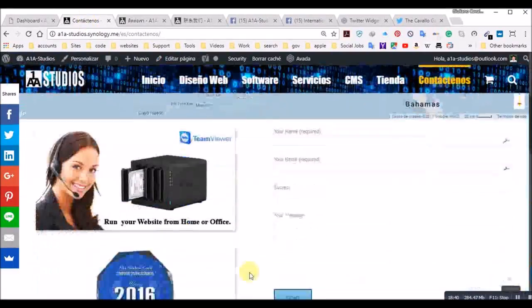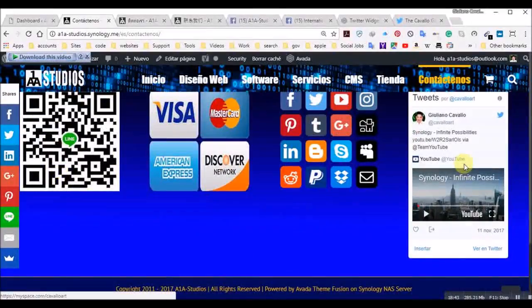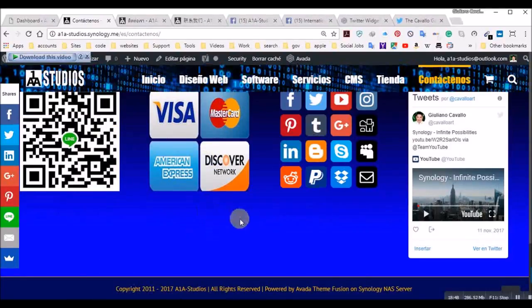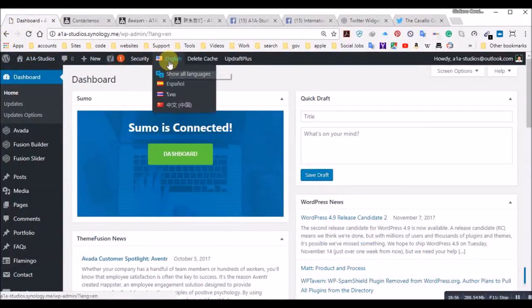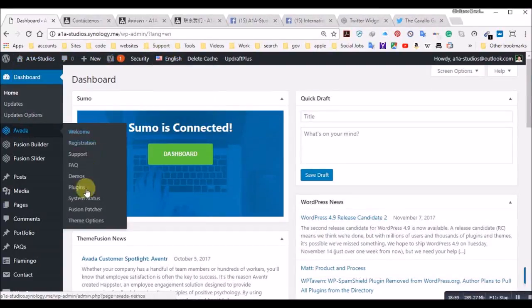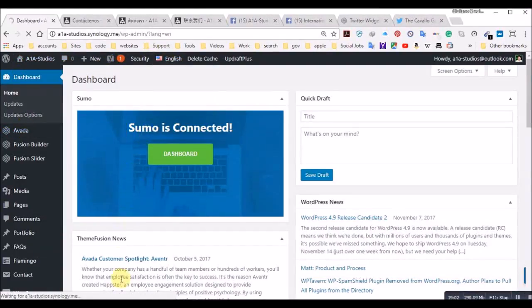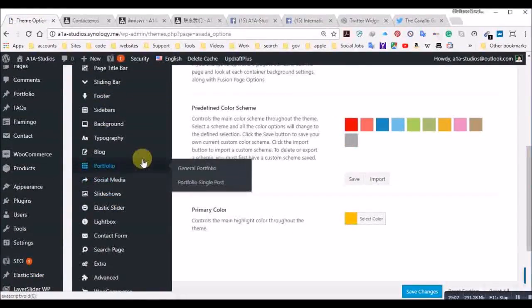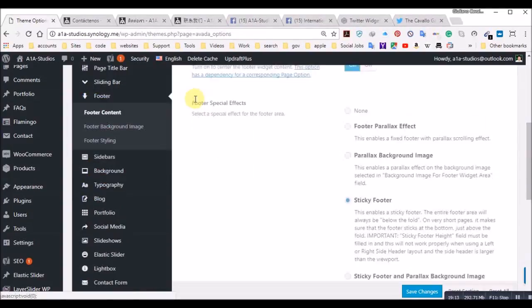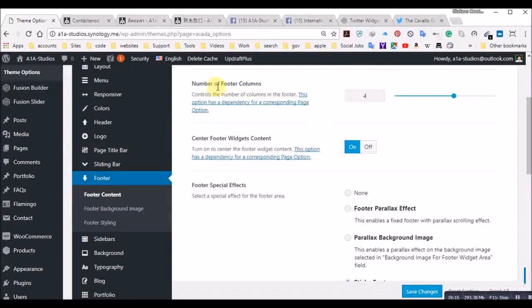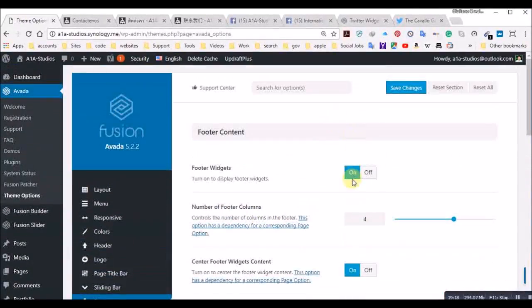Now, these images here are global. It's a global setting for the Twitter feed and these images. But the background and the copyright information and the color are not. And you're going to have to do one first. So if you have the Aveda theme, you go to your theme options and you're going to find everything in the footer area, footer content, and I have selected here 4 columns. Leave this on, 4 columns